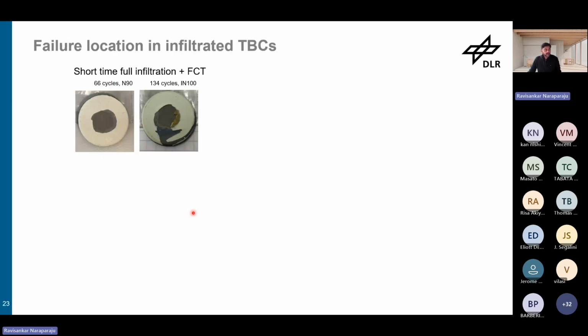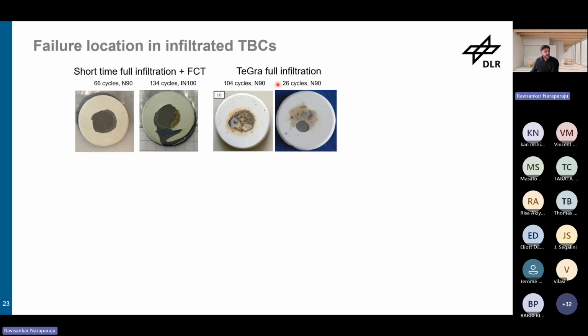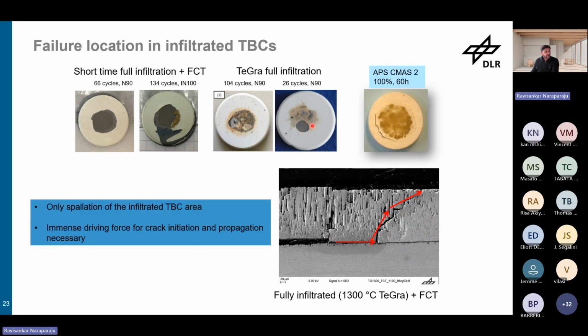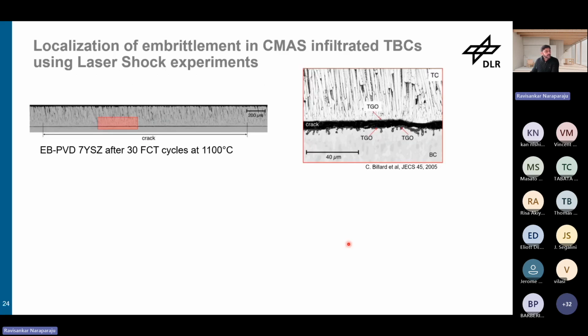Now, just showing where the spallation happened. So this is the furnace cycle test. Exactly, the crack starts, and then spallation happens in between the infiltrated and non-infiltrated area. In the thermal gradient test, you also see the crack happens exactly at the boundary between infiltrated and non-infiltrated. And then you can clearly see the crack propagates through the TBC like this. And just to give another example, we recently worked with Vincent